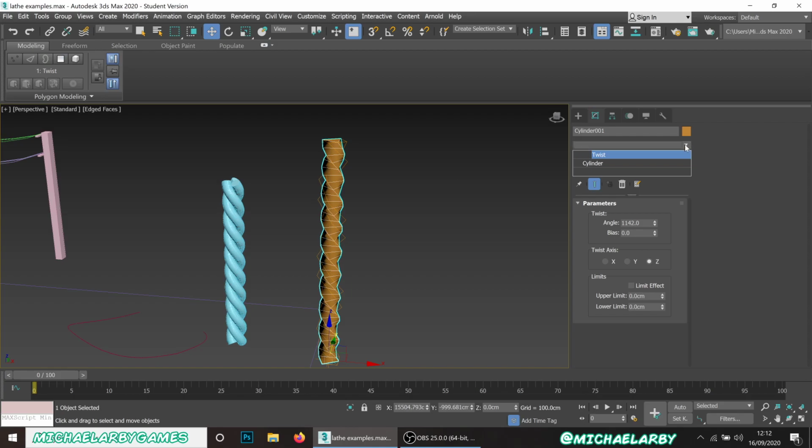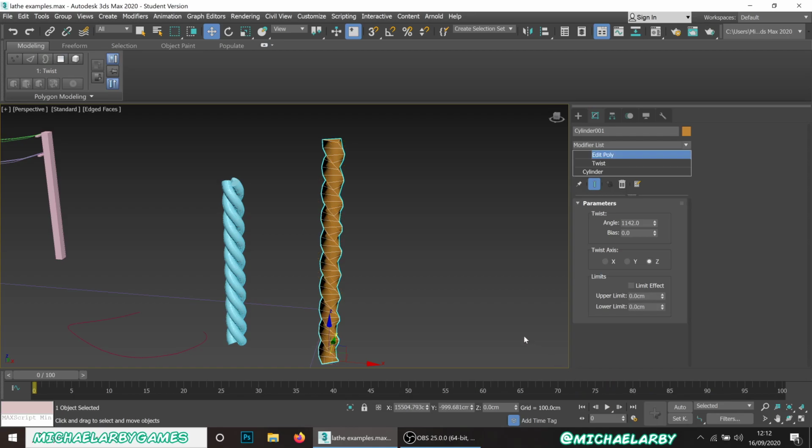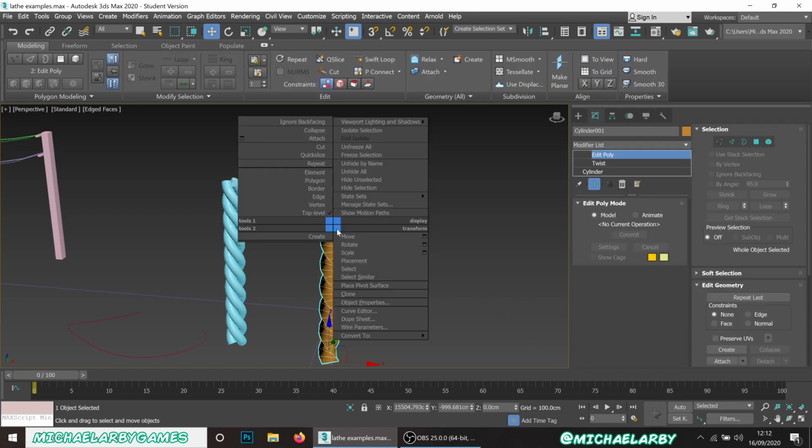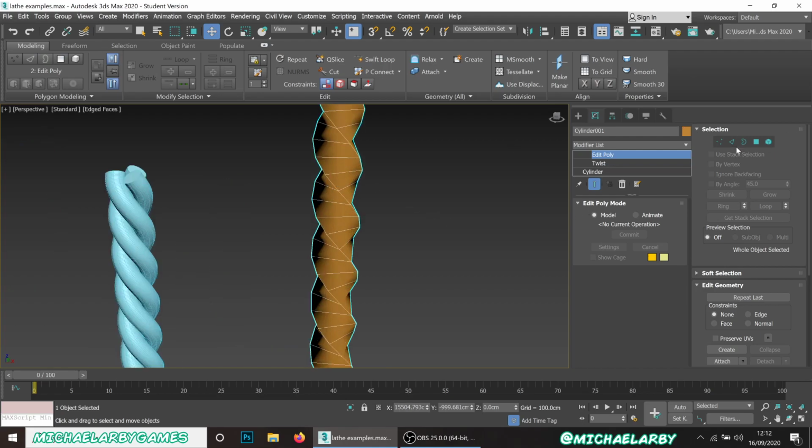So I'm now going to add an edit poly modifier to this. Now I could have just right clicked on it and go convert to editable poly, but doing that means you lose everything in the stack here. So I wouldn't be able to go back and control this twist modifier, etc. But anyway, what I want to do is I want to go to my edge mode,